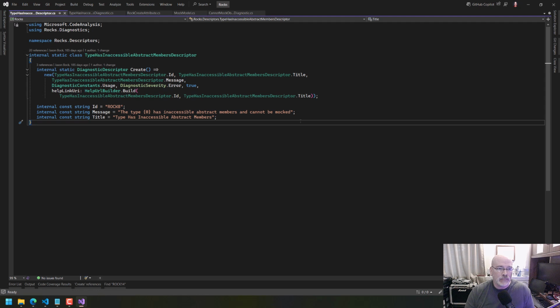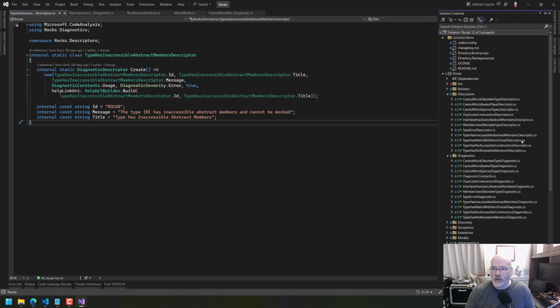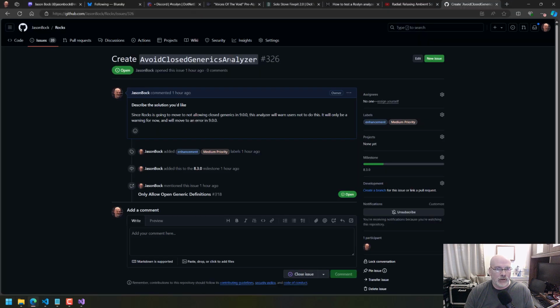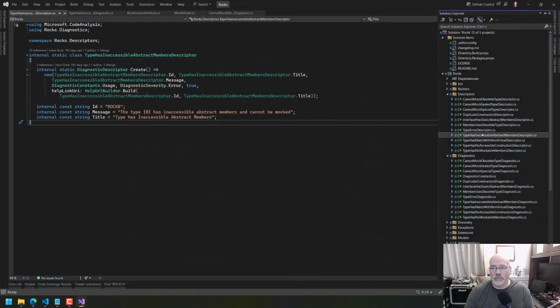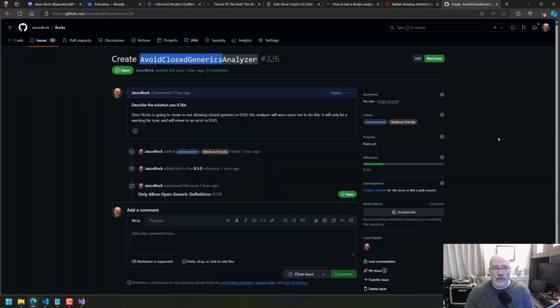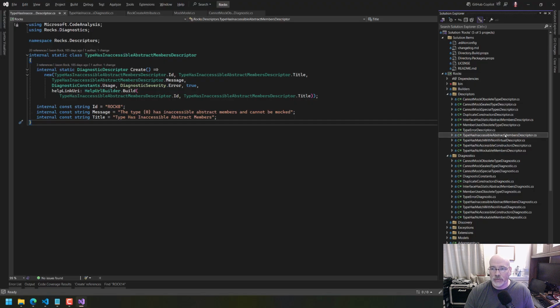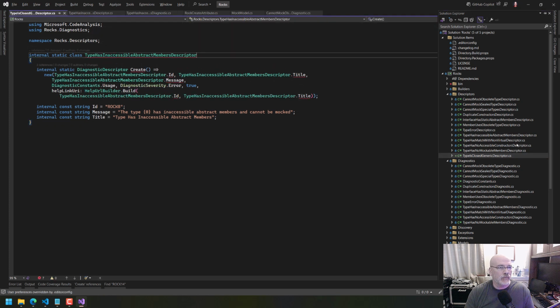Okay. So the first thing we're going to want to do is create the descriptor and the diagnostic, and we're going to use type as inaccessible. What do we want to call this? We should probably call it type is closed generic descriptor. Okay. Type is closed generic descriptor. Okay. So we'll do that,